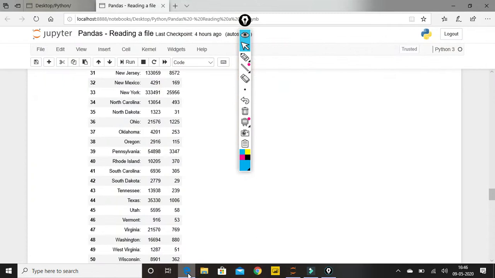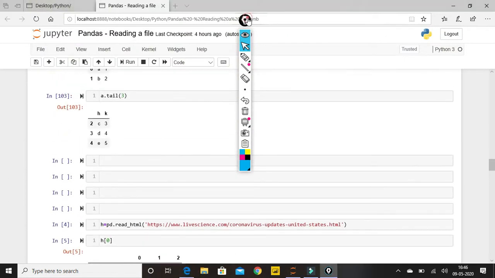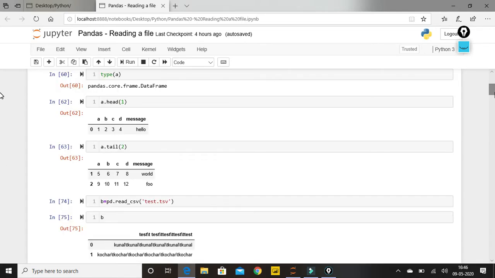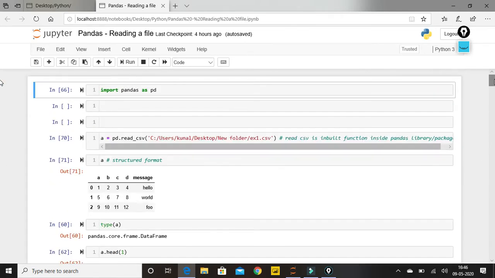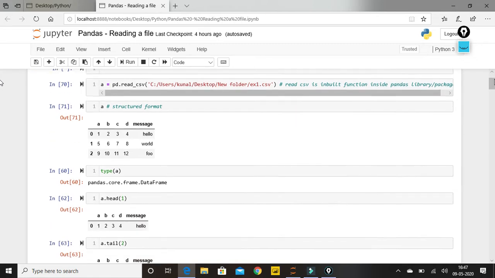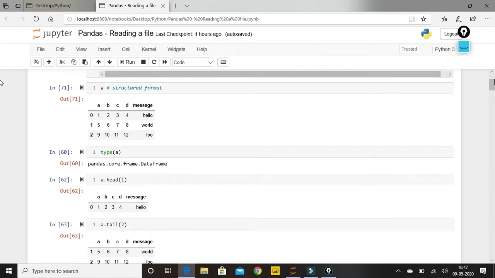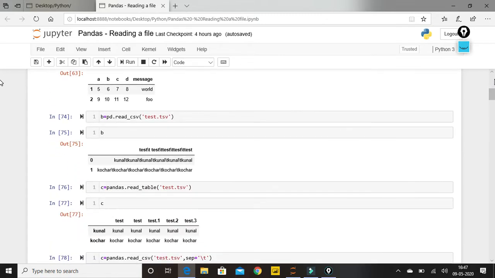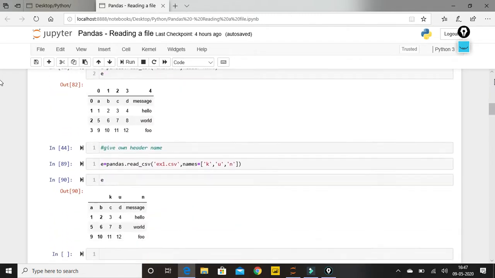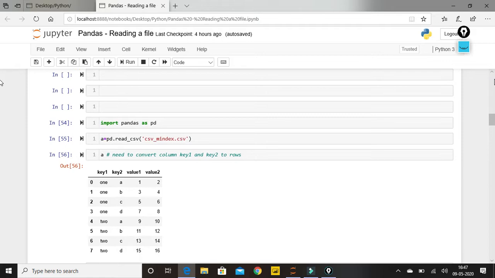So guys, till now we have seen different kinds of operations that we can do with Pandas. Let me give you a quick review of what we have discussed till now. First of all, we have seen how to import our Pandas package or library. Then we have seen how to read our CSV, read our TSV files, what is a data frame, and then how to read an Excel file.